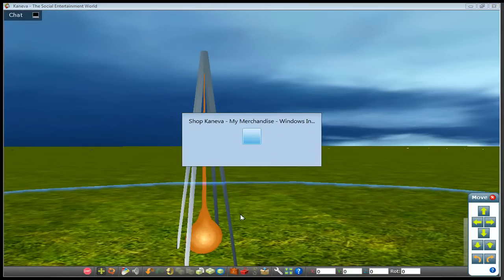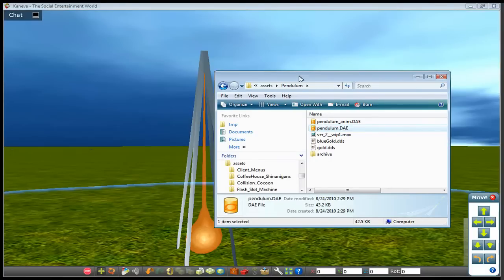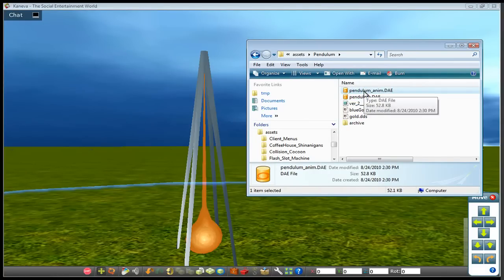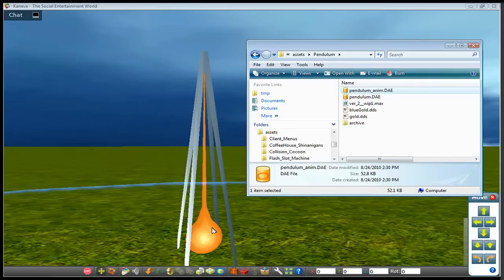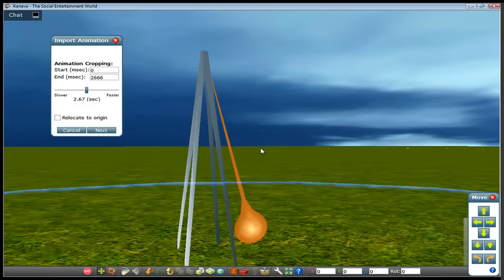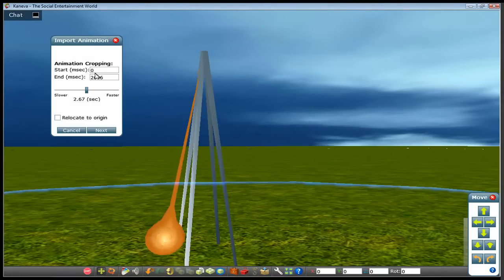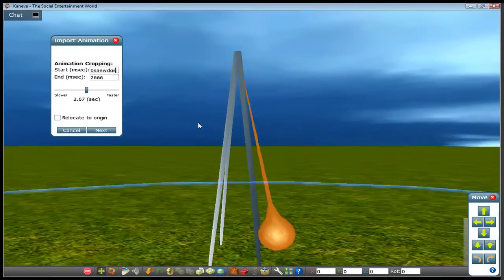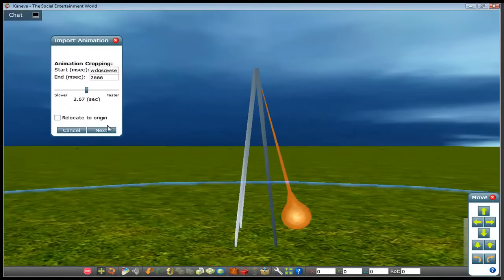This is kind of the fun part, I think. To do that, we'll go back to where we exported our Collada files, and we'll pick the Collada file that has animation data. Let's grab that and drag that onto our 3D object. And we'll tell it it's an animation. And you can see we've already got some motion. So if you wanted to, you could adjust these parameters, maybe speed it up, slow it down. I actually like what I'm seeing. It's basically what I was going for. So I'm going to go ahead and